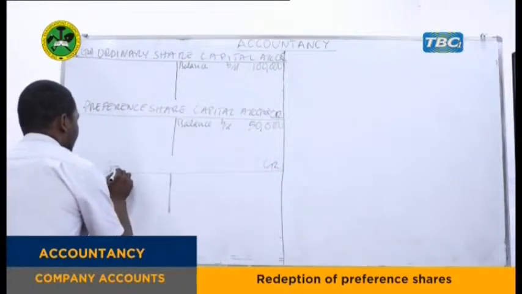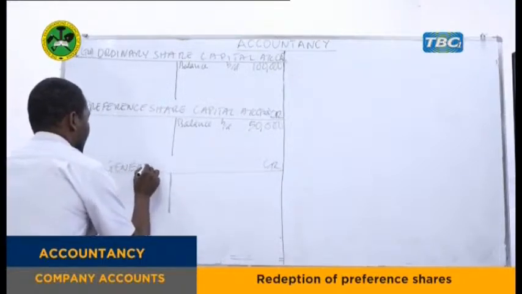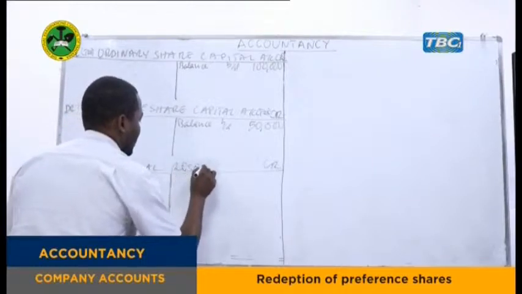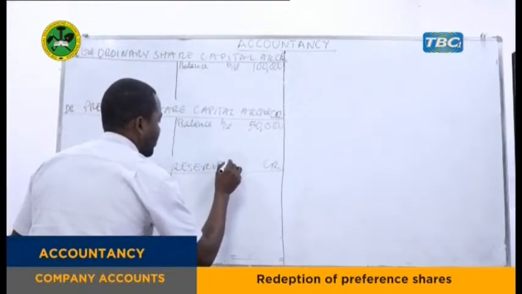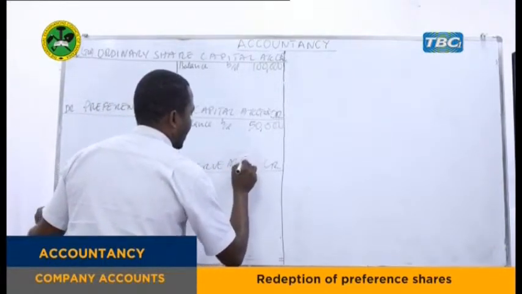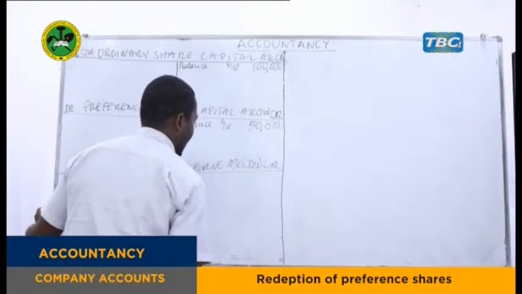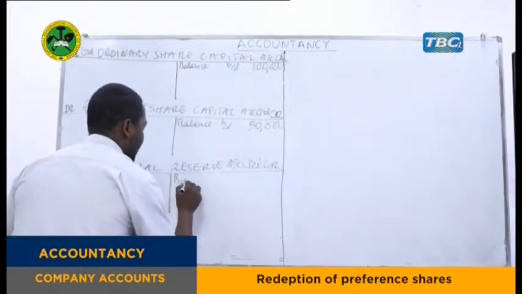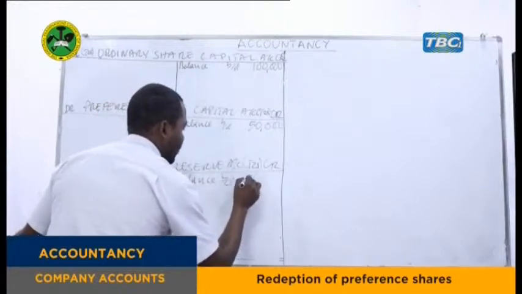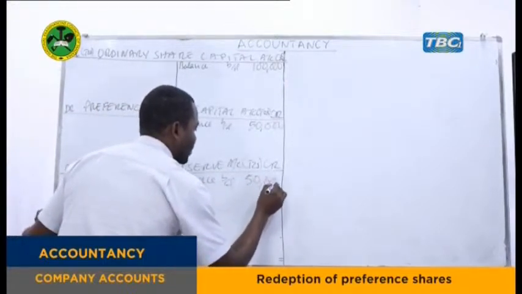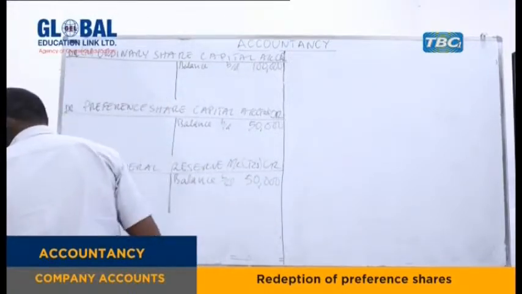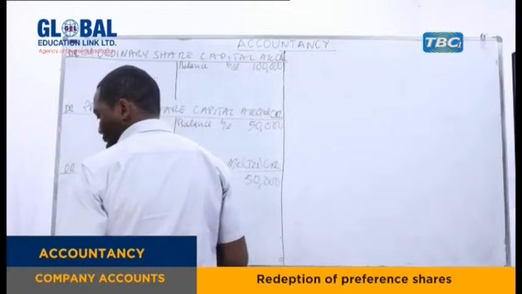We have our general reserve account. The amount in it is, yes, we have a balance of 50,000. Okay. What else? We have